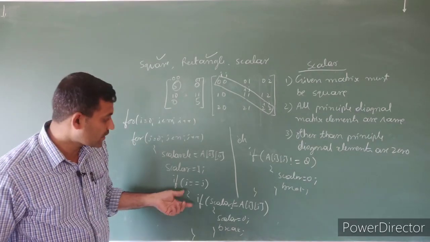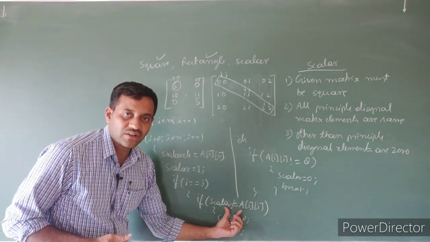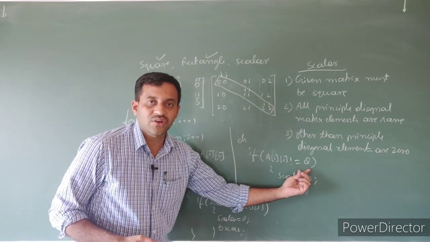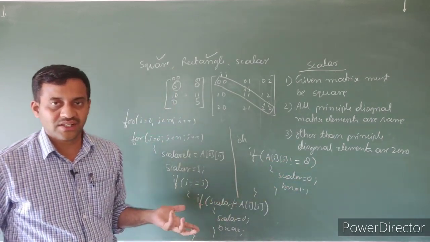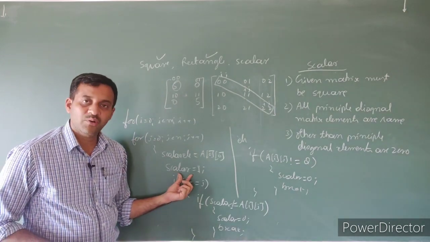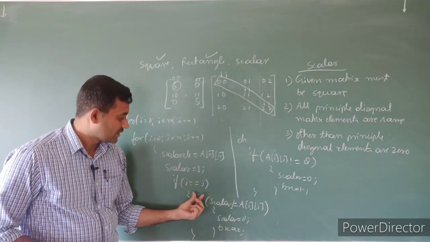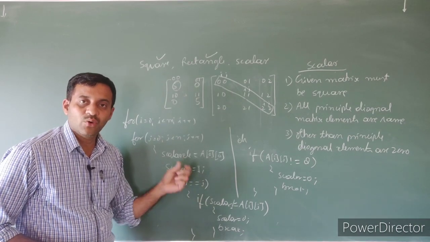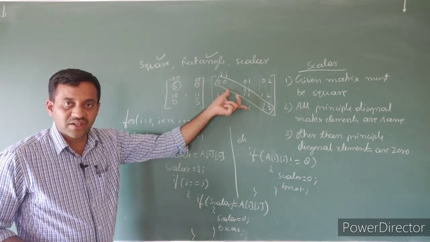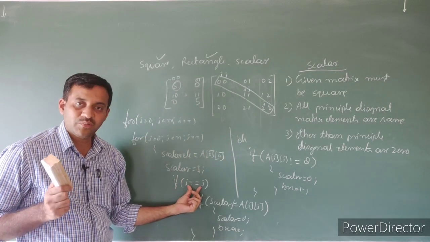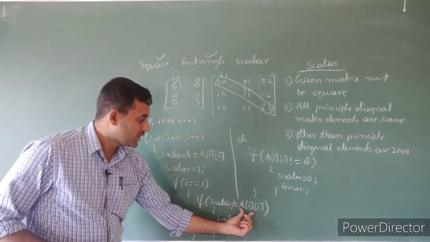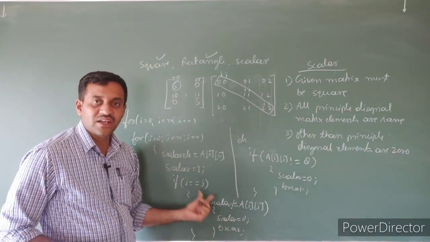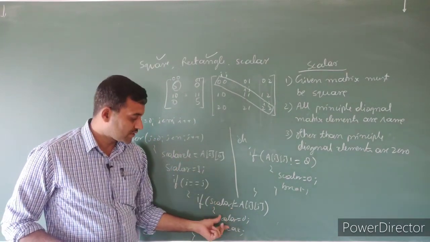We have to verify the given matrix is not a scalar matrix. It is not a scalar when principal diagonal elements are not equal, or when elements other than the principal diagonal are not equal to 0. First we say the given matrix is scalar, then we verify i is equal to j, because index value i equals j only for the principal diagonal elements. Here we verify only the principal diagonal elements. If the principal diagonal elements are not equal to the scalar element, then our assumption is wrong.